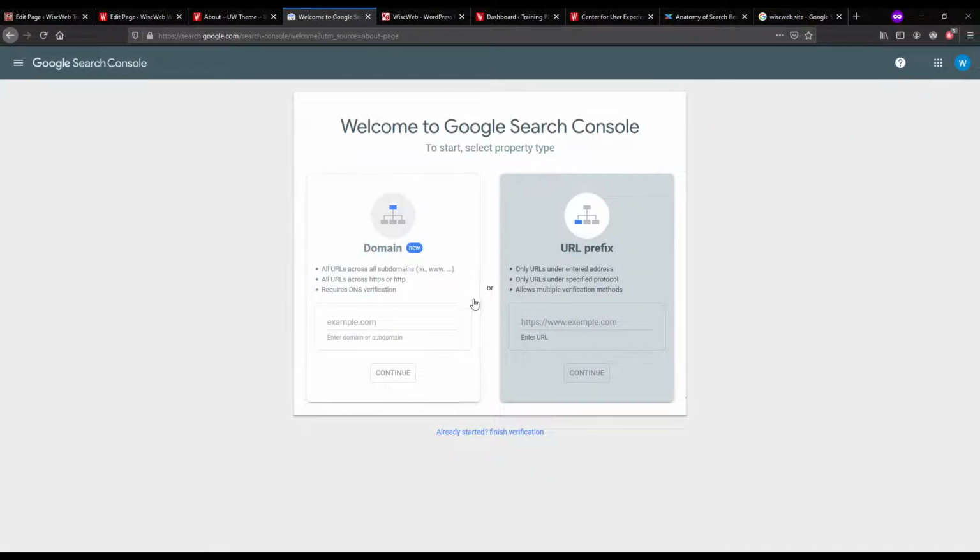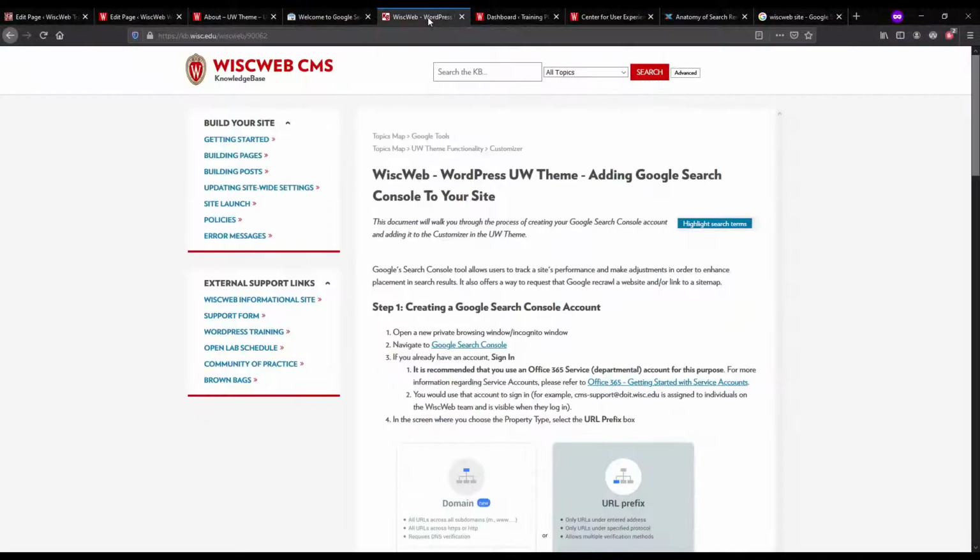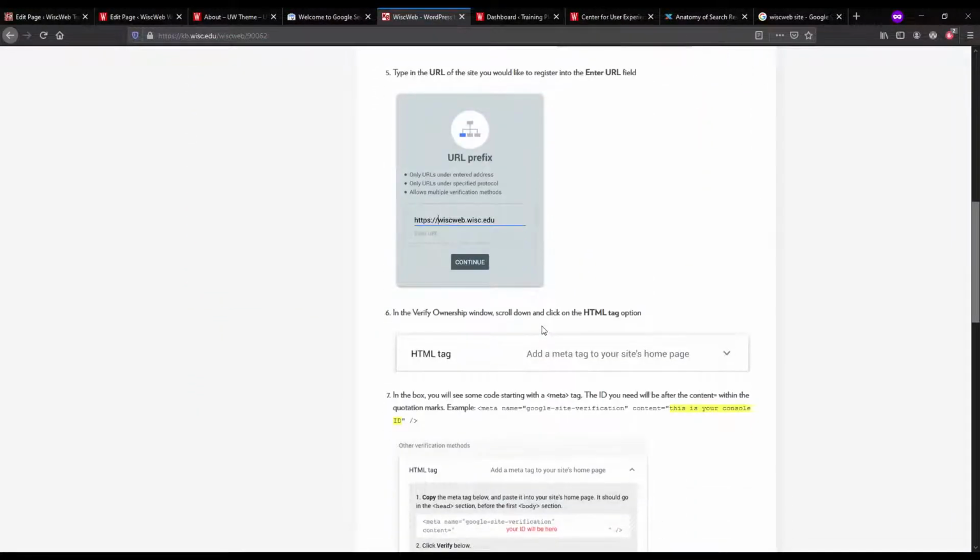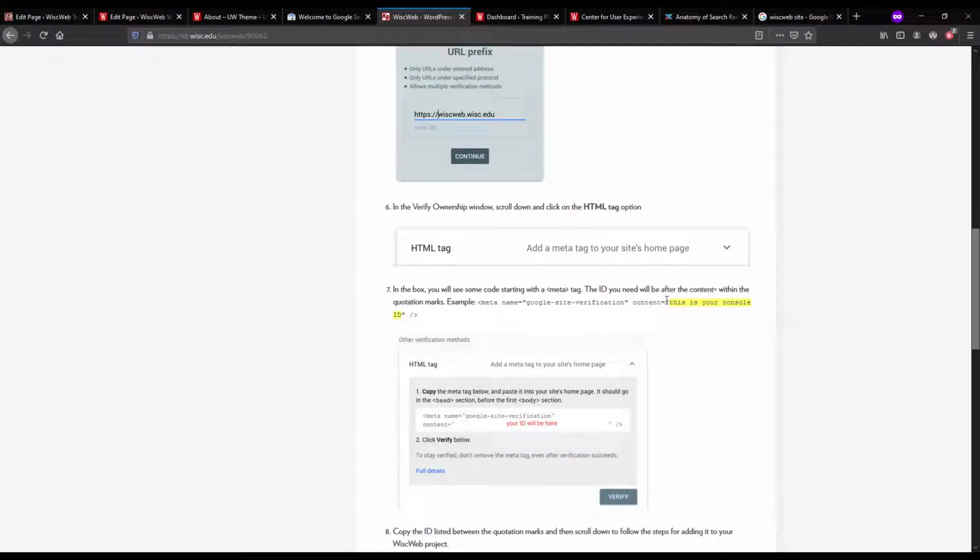You would go in and set it based on your URL prefix here. You would click continue. At a certain point in there, you will get a content equals, and then there will be an ID value in there.